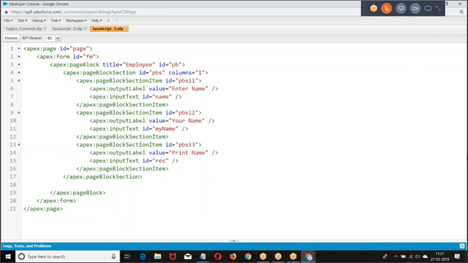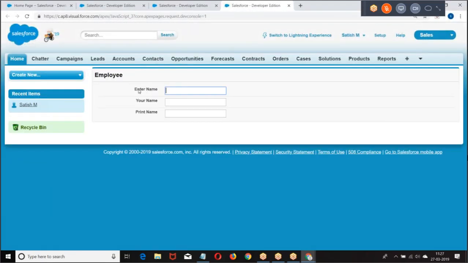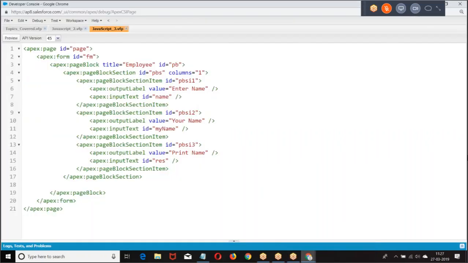What did I create? A simple page block with a page block section item. Enter name, your name, print name. Here, instead of input text, I'll take output text.